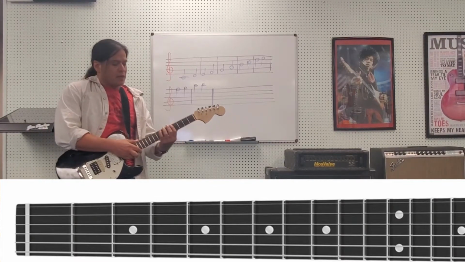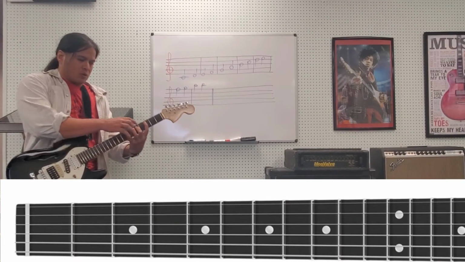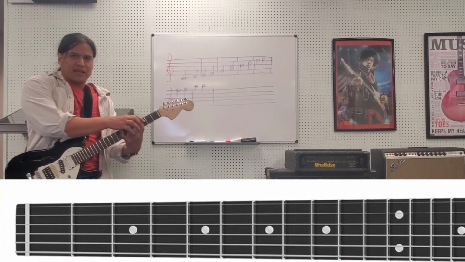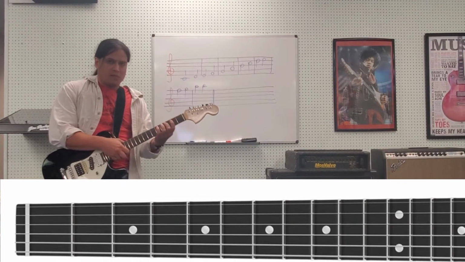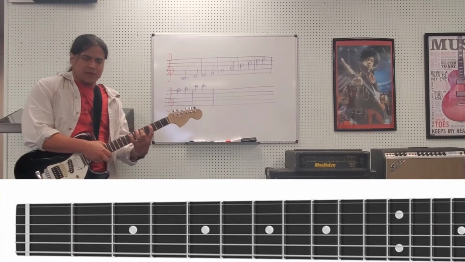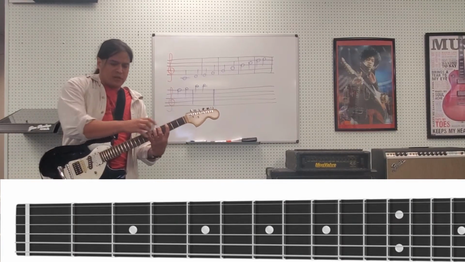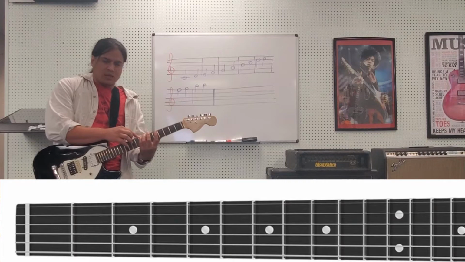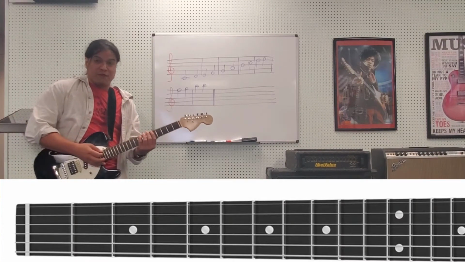So yeah, the same notes that we had in 3rd position, now I've exhausted everything I can do here with this note. I was playing it with my ring finger, my middle finger, and my index finger with a stretch. I can't do anything else with this C right here. So now I've got to go to this C over here. The first thing I'm going to use is my pinky. So now I'm in 5th position.